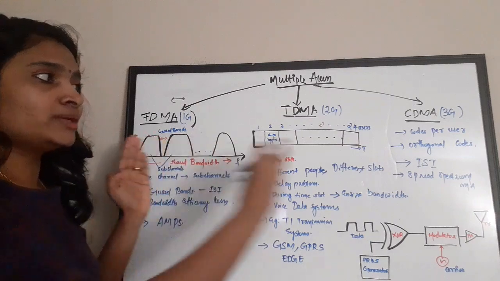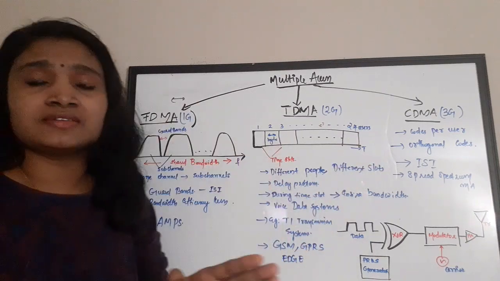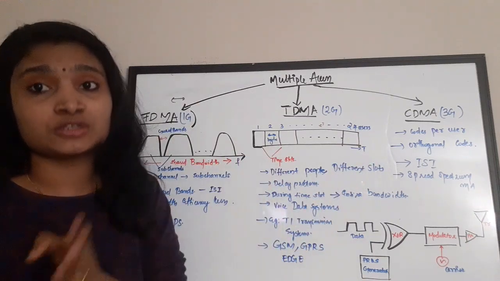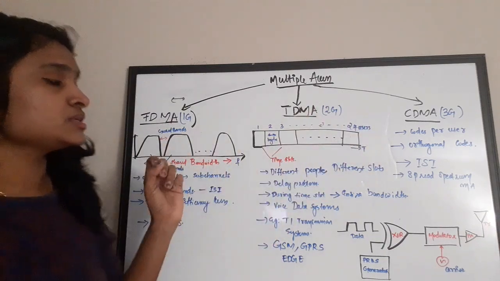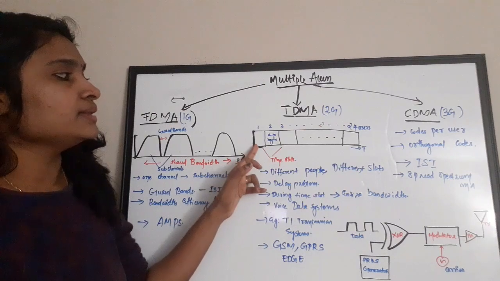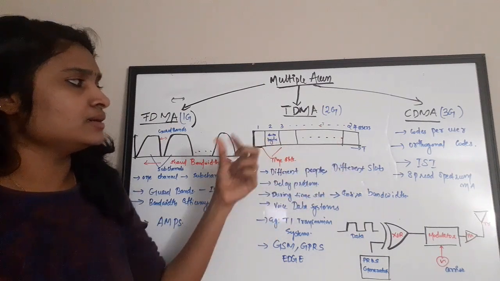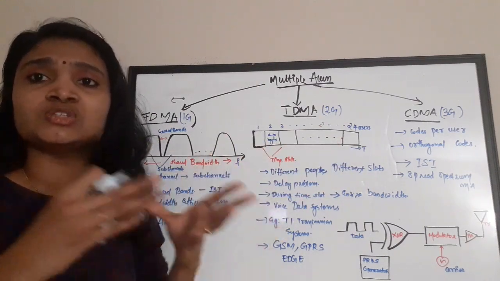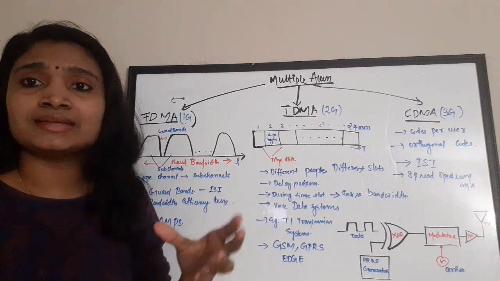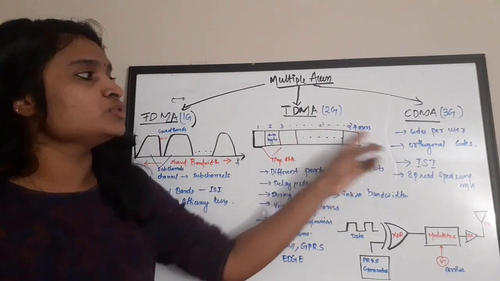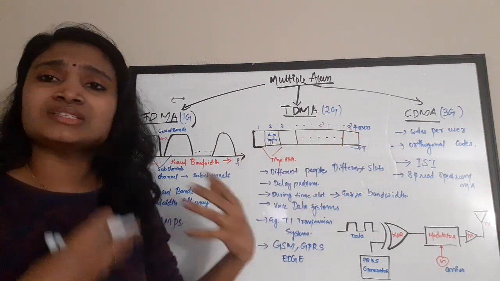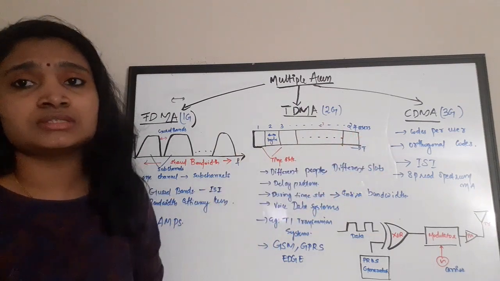So if there is a total time period, this time period is divided into various small time slots, and each slot is allocated for various users. So if you see this diagram, there are time slots, and the general concept is that in each time slot, the users will be sending 1 byte of data. Okay, and these are the number of users. Up to 24 users, it can vary also. The number of users can vary.